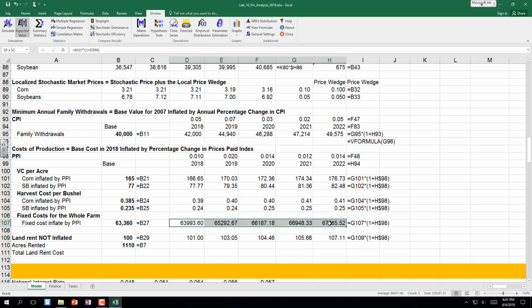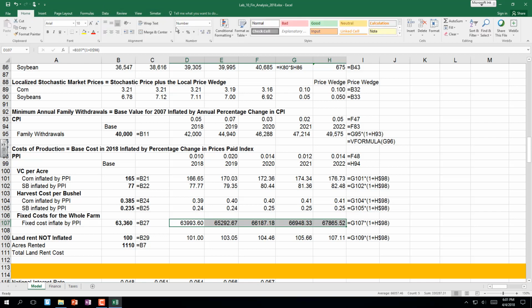My fixed cost for the whole farm, again, because it's in dollars, we should put a comma on it. Okay. Now, the cash rent, total, we rented